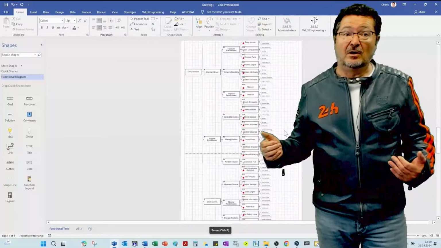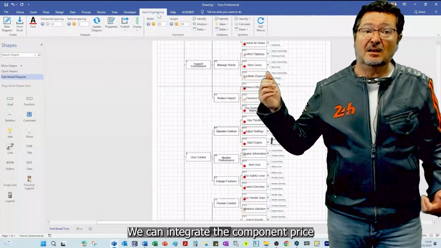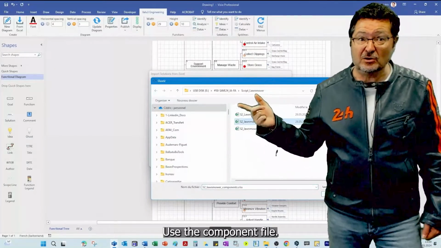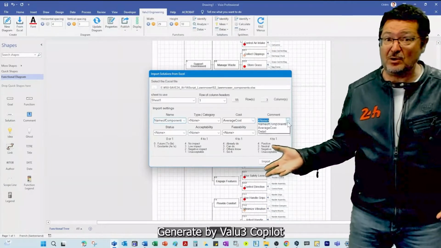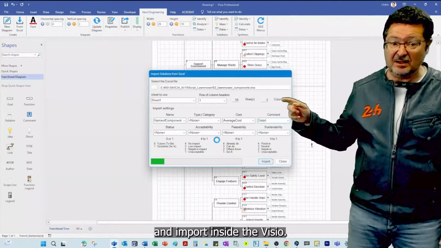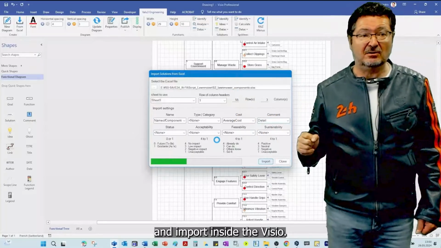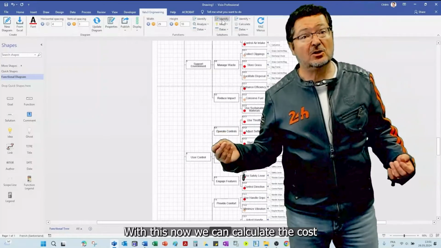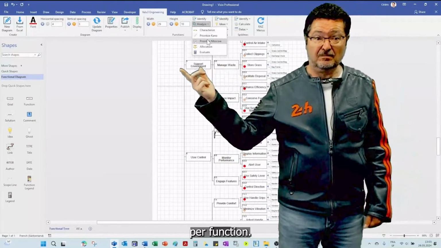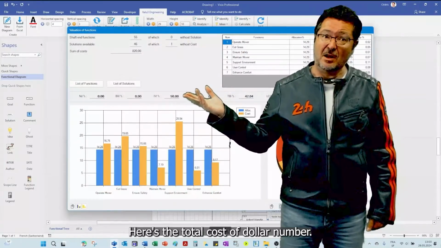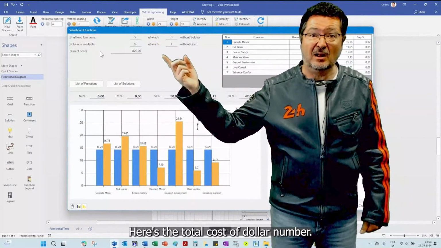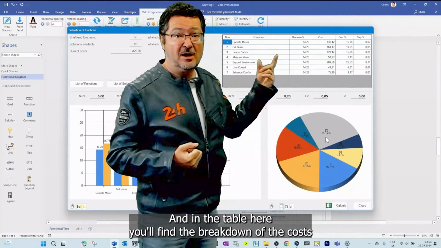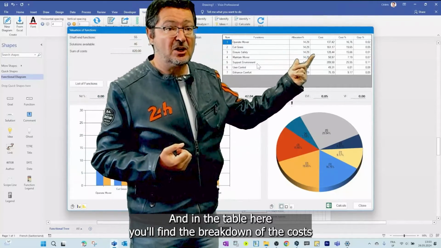Now, we can integrate the component price inside the branches. Use the component file generated by Valu3 Copilot and import it inside Visio. With this, now we can calculate the cost per function. Here's the total cost of the lawnmower, $820. And in the table here, you find the breakdown of the cost by function